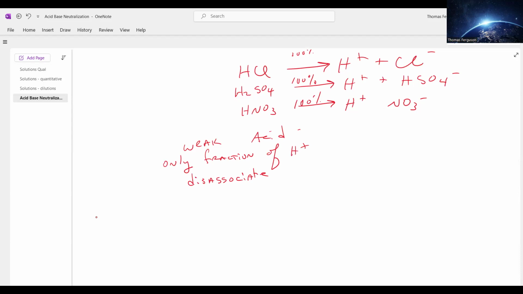Some hardly anything comes off, others a whole bunch comes off. And just because there's so many weak acids, the diversity of weak acids is horrendous. So then we have a weak acid. A good example of that would be